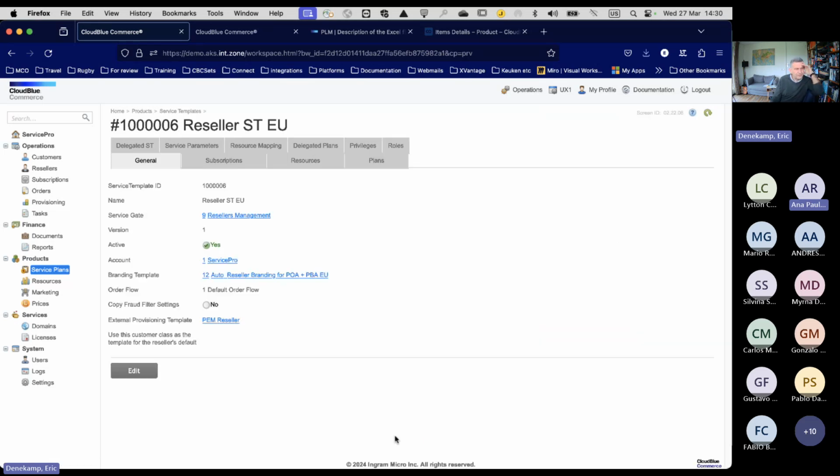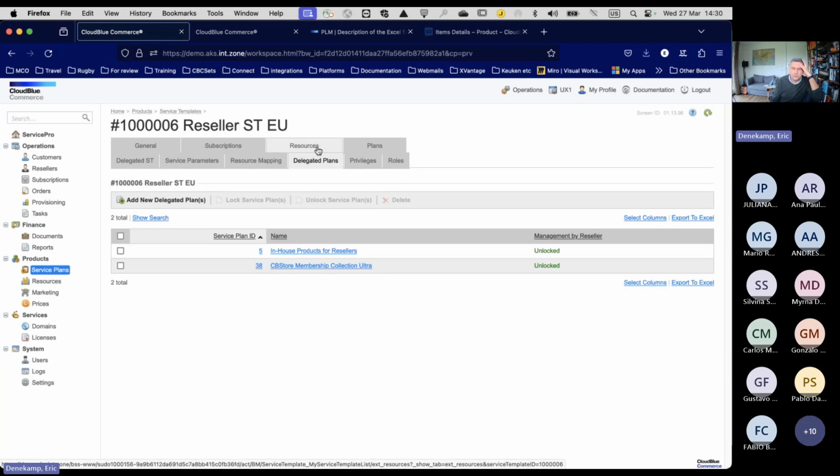Here we are, EU. So we're talking about this reseller template that is built on top of reseller gate, where we delegate the plan. So basically what we're doing with that column is we are inserting all these plans that need to be delegated to specific resellers into the reseller template in this tab, and we do a sync with that, so that the new reseller will now have the to-be-resold plans available.